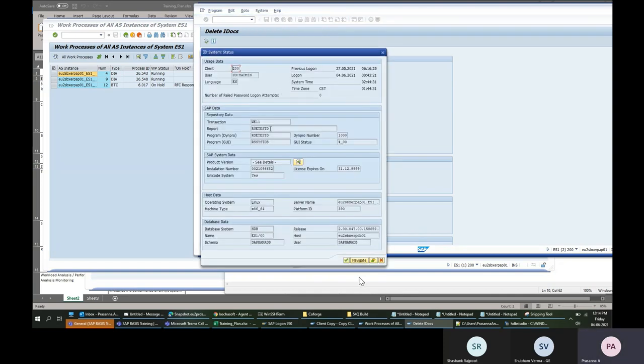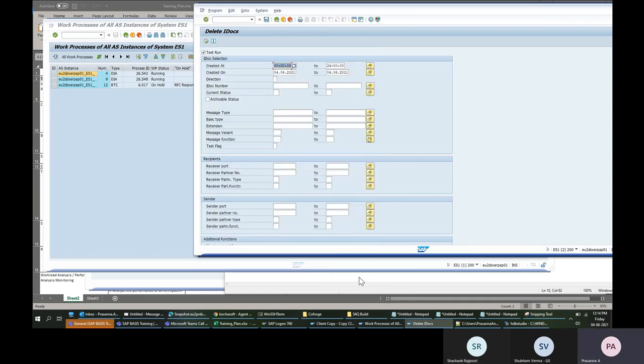This T code will delete some old entries. IDOC is something, just forget what IDOC is now. Assume this T code will clear some old entries for me. I don't want to keep older data; I want to delete data older than 1 year or so.